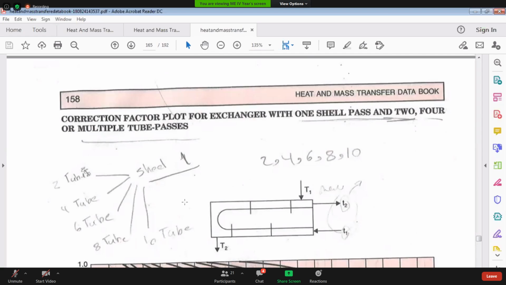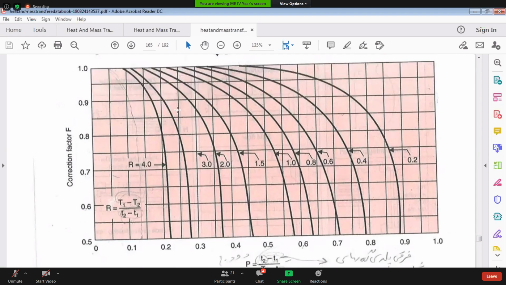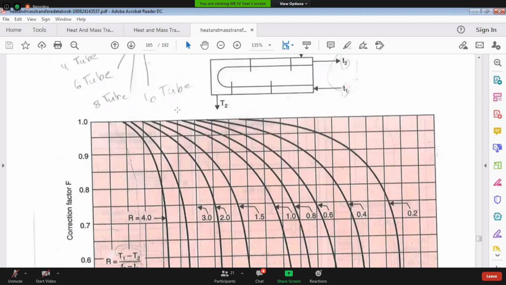How will you take the correction factor? F value. F value అంటే R calculate చేయండి, P calculate చేయండి. P value ఆ టెంపరేచర్స్ తెలిసిన తర్వాత ఆ కరెక్షన్ ఫ్యాక్టర్ అంటే దీనికి ఇది క్రాస్ ఫ్లో హీట్ ఎక్స్చేంజర్ అయితే ఇది వాడుతుంది కరెక్షన్